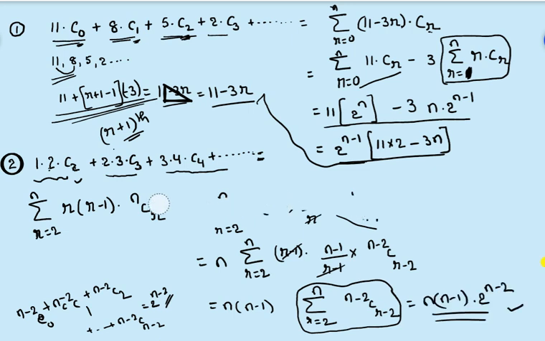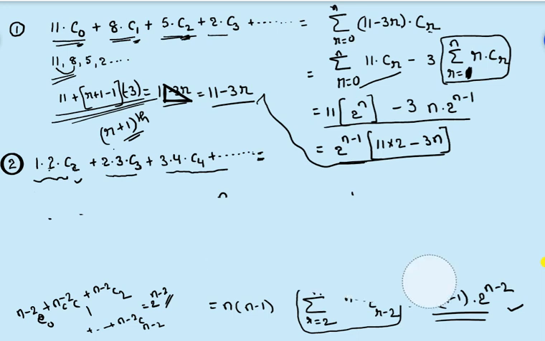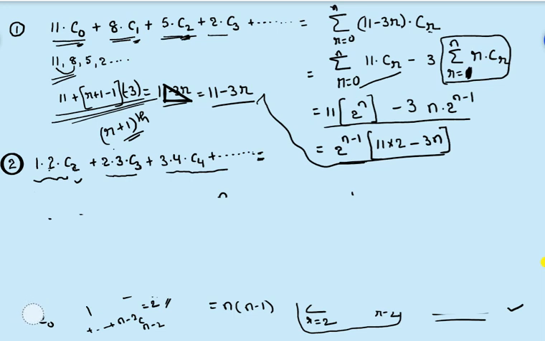The same problem we can do in another way also. That other way I am discussing, just pay attention. It's just the formula proof only, nothing more than that. So check here how to do this particular question. You know the expansion of 1 plus x whole to the power of n. What is the expansion? 1 plus x whole to the power of n is C0 plus C1x plus C2x square plus and so on plus Cn into x power n.